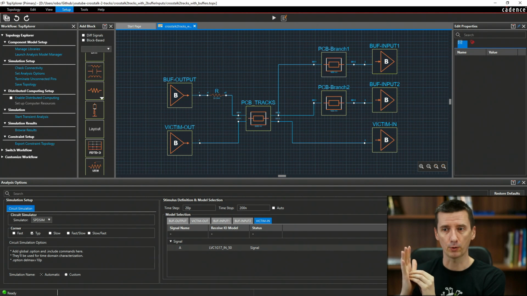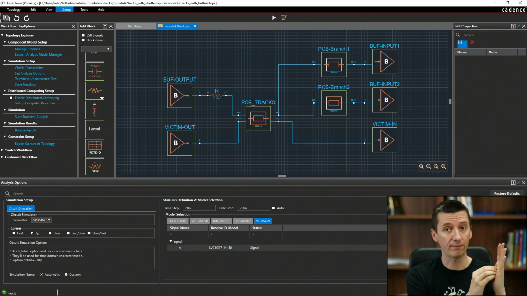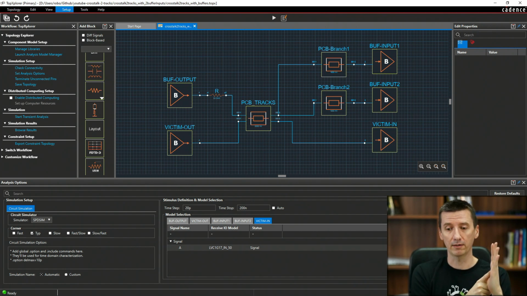And this reflection will travel back through your track. And because the other end of your track doesn't have proper impedance matching, this reflection will reflect again. Okay? And this reflection will travel from one side of your track to the other one like this until it disappears.